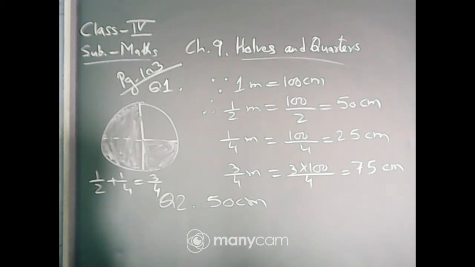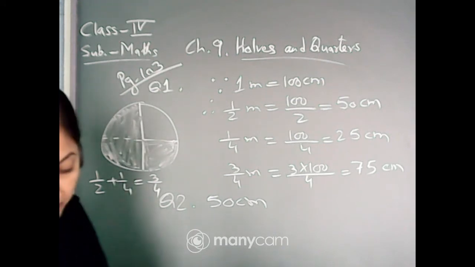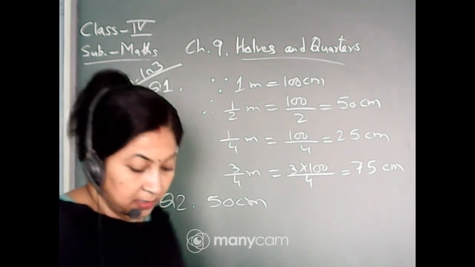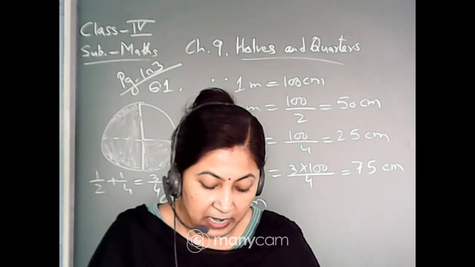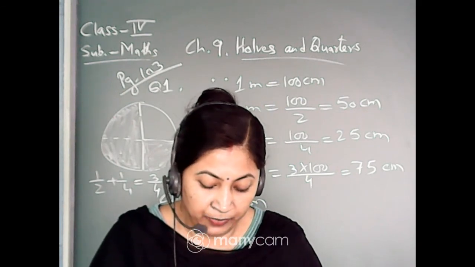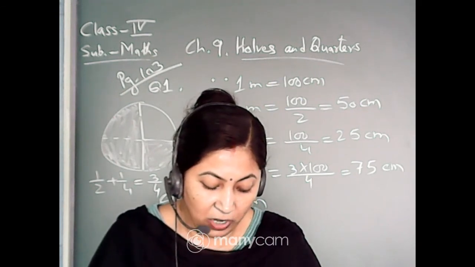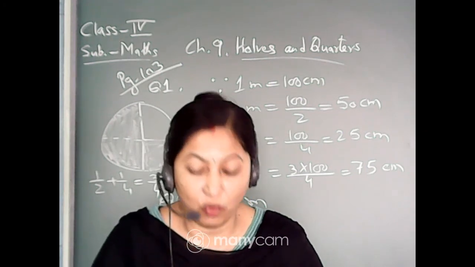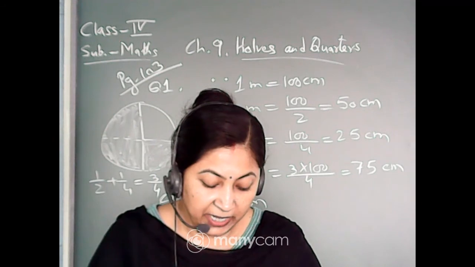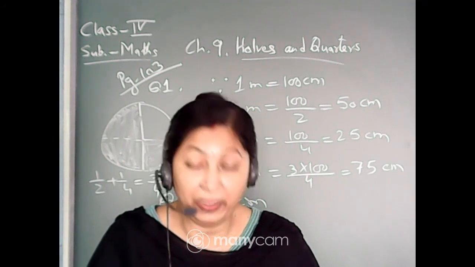Completed. Now come to the next topic, sharing milk. I'm going to read the topic, okay. This bottle is full of milk and it holds 1 liter. The milk is put into 4 other bottles so that each bottle has 1 by 4 liter of milk. Shade the bottles to show the level of milk in each.